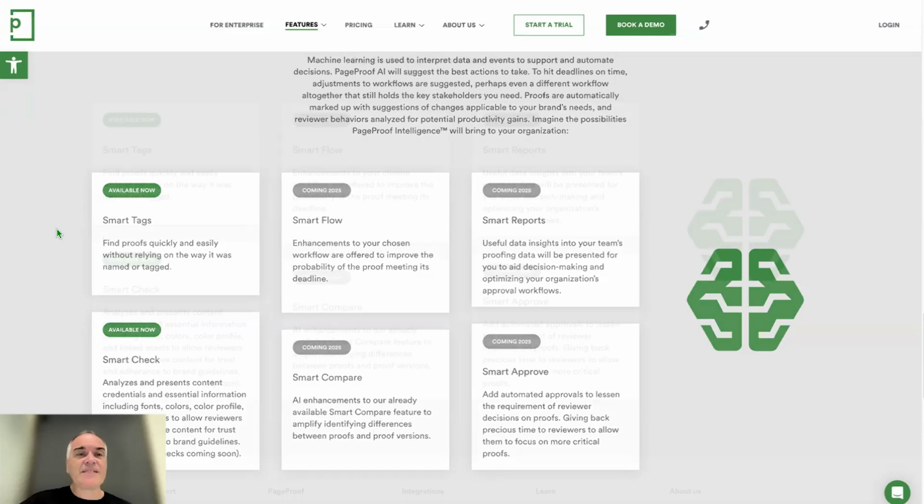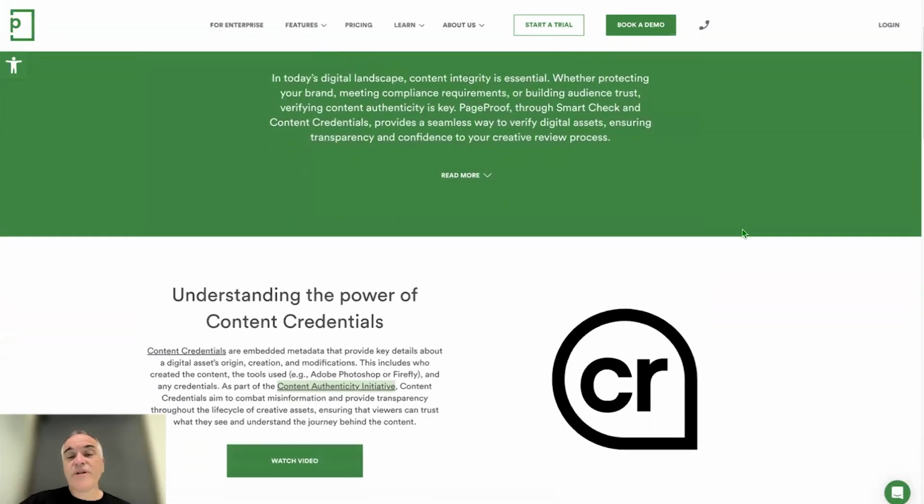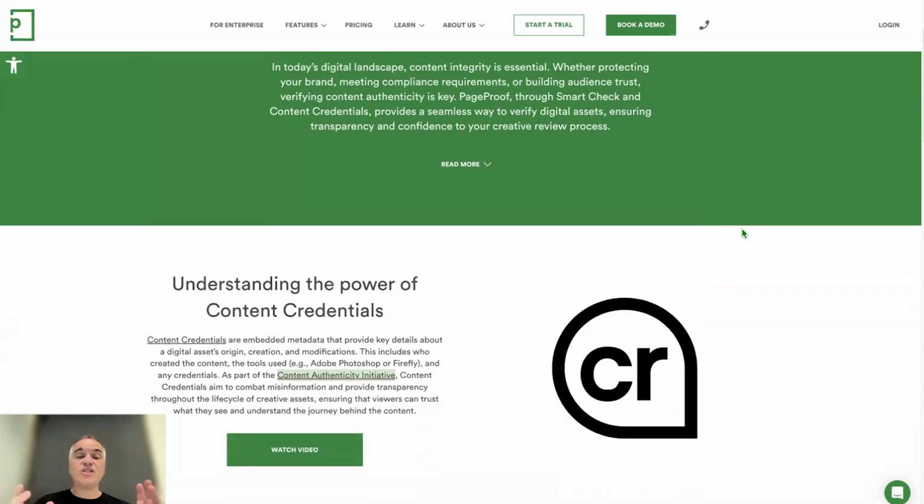Okay, next thing to take a look at, this is the content credentials. Content credentials is an initiative started by Adobe. I think Adobe, Microsoft, and Meta and a few others sort of said, hey, how can we give people trust in the content that we see from an AI perspective, and also from, hey, look, someone's gone out and done a bunch of photography, and we want to be able to prove that the content came from a genuine person behind a camera. So content credentials gives that